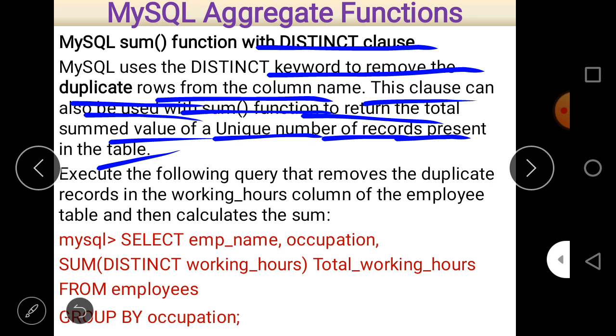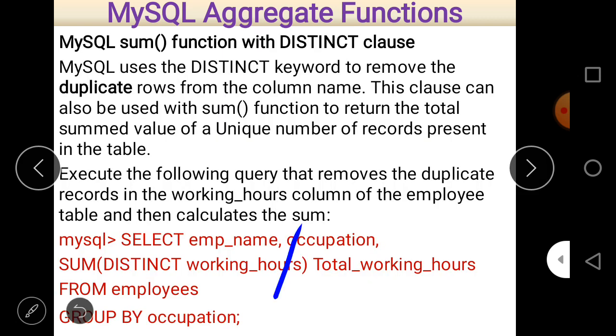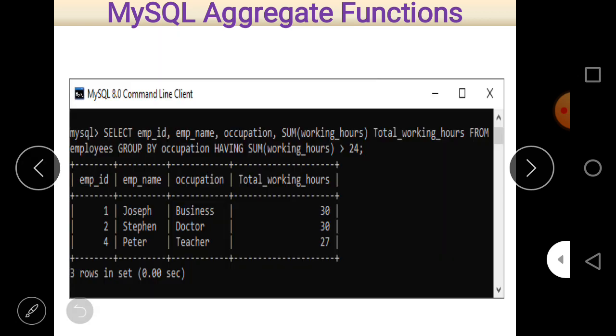So we have to write the DISTINCT clause within the SUM function here, before the column name within parentheses. The rest is the same as I mentioned in the previous question. And a GROUP BY occupation condition is also given, I think.